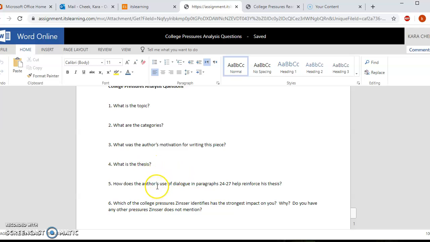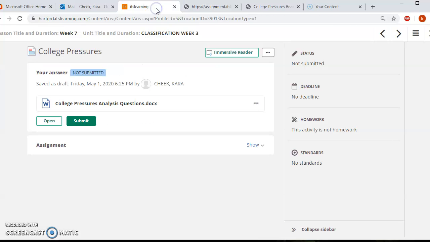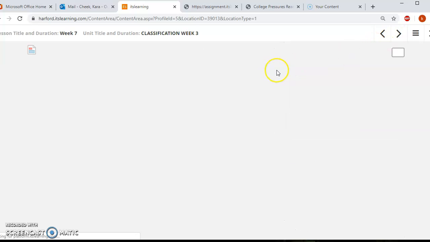How does the author's dialogue help reinforce the thesis? And which of the college pressures Zinsser identifies has the strongest impact on you? That last question is about how you feel. Remember, online Word documents automatically save, so I should be able to see it. When you click back on It's Learning, all you need to do is click Submit, and it will submit the paper to me. Okay? Once you've finished that, you click on to the next arrow,